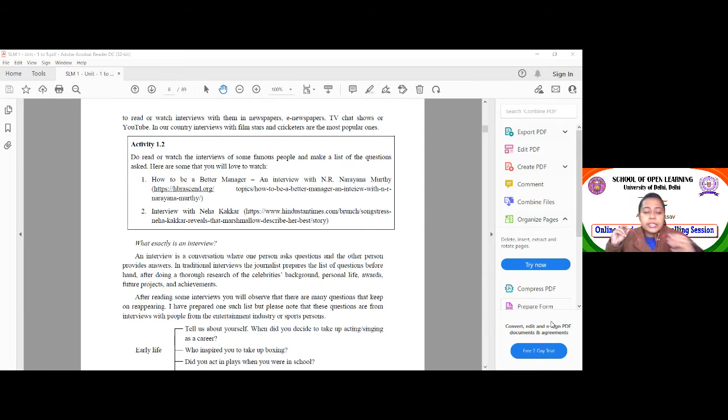So as a journalist, you're trying to maintain a lot of things. You're trying to bring valuable conversation and opinion out of the person you are interviewing. The idea is not to just be like, hi, hello, how are you? Because the main aim of an interview is to allow the person being interviewed to speak about the relevant details about their life,